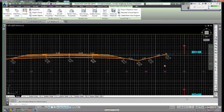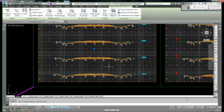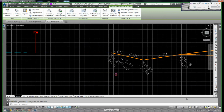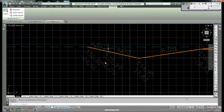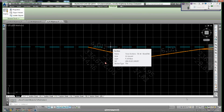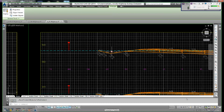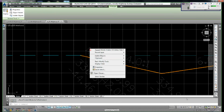So if I zoom into some of these labels here, let's go find a section that has some labels that are a little close, a little bit overlapping. Even if I just come right here, these labels are kind of overlapping a bit. There's maybe one I don't want on there. These are corridor section labels, and if you pick on them it seems like it's all one object, so how do I edit just that one? This is kind of really odd behavior here. If I right-click over just this one,